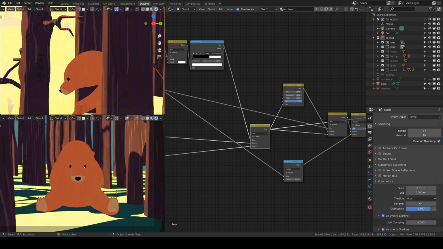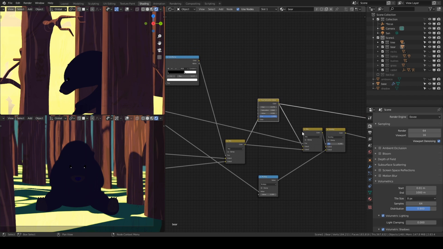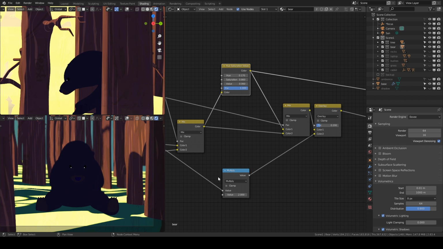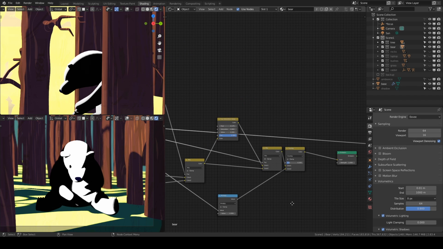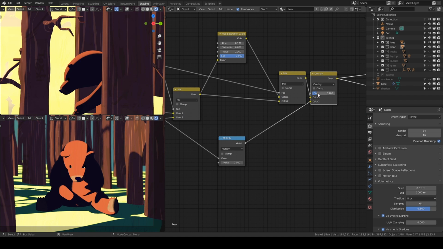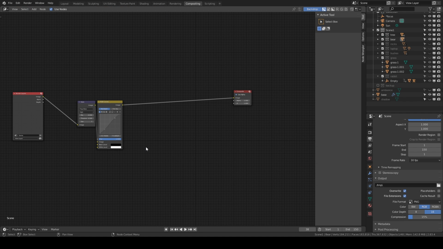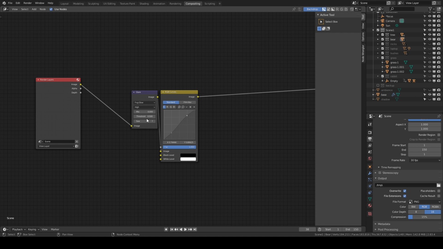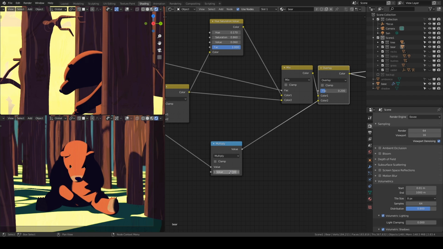I created these two different shaded versions of this base. One is a darker variant, and for the other, instead of doing a brighter variant, I used this black and white map, and using this white, I'm overlaying it on top of the base color that we have. Now I had to use this method because I wanted to get a kind of glare which I'm going to use in compositing. So I am using glare and I have a threshold of 0.5. So setting it to 2 or 3 helps me to get a faint glow on top of the head and the arm areas.